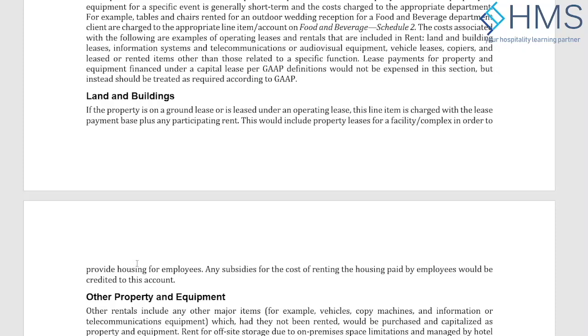Not the housing allowance you are providing to the GM. The housing allowance provided to the GM would fall under the normal expenses of the property. But if you are renting a house from outside directly and the cost is paid by the hotel, then that complex or building rental is going to be charged to land and building lease, right? Rental, non-operating expense. That's why it's normally called a reimbursement or allowance rather than housing.